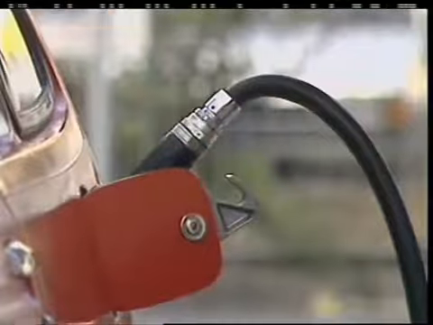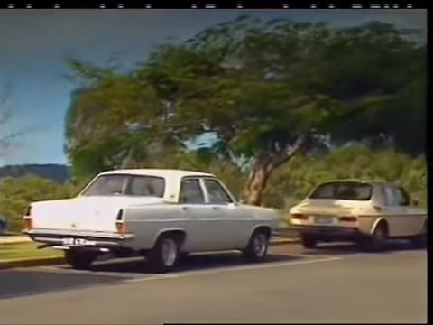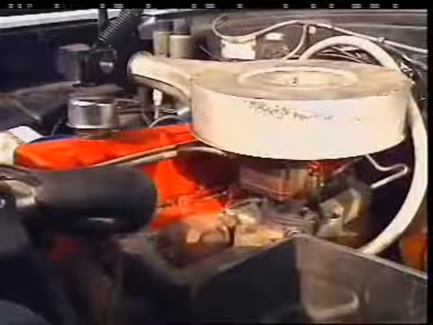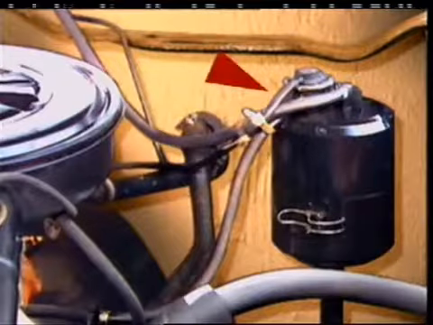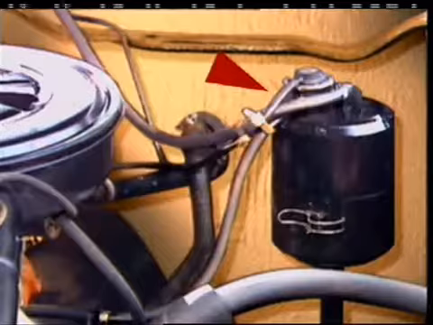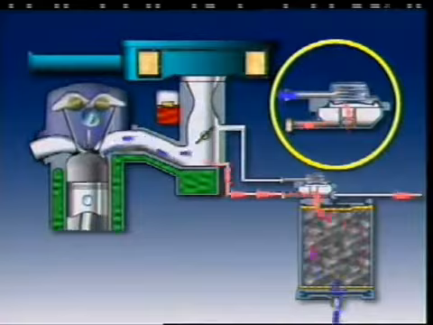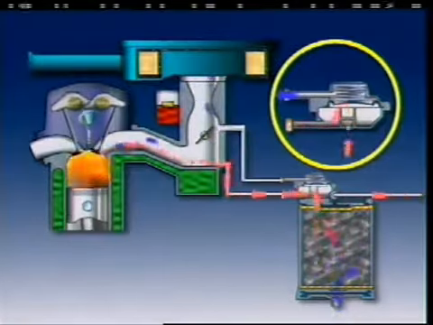When a vehicle is being refueled, hydrocarbon vapors can escape from the filler neck into the atmosphere. When the vehicle is left in the sun, its temperature increases and fuel evaporates from the tank, and if there is a carburetor, from it as well. An evaporation control system is fitted to modern vehicles to collect and store the hydrocarbon vapors from the tank and the carburetor. Then, when conditions are suitable, these vapors are drawn into the intake manifold and burned as part